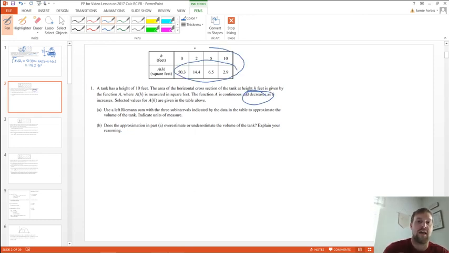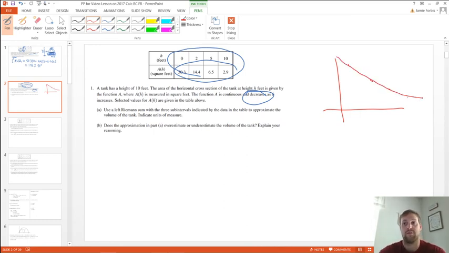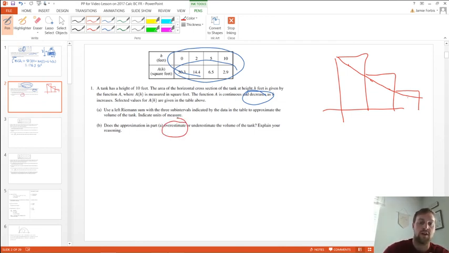So if I were to take these x and y values and put them on an x and y coordinate plane, it looks something like this, right? It is a decreasing function of values. So if I do a left Riemann sum, what does a left Riemann sum do with a decreasing function? Well, it's an overestimate. So we overestimated the volume. And as far as your explanation goes, it's just combining the fact that you know left Riemann sum is an over-approximation for decreasing functions. So you're going to say overestimate because